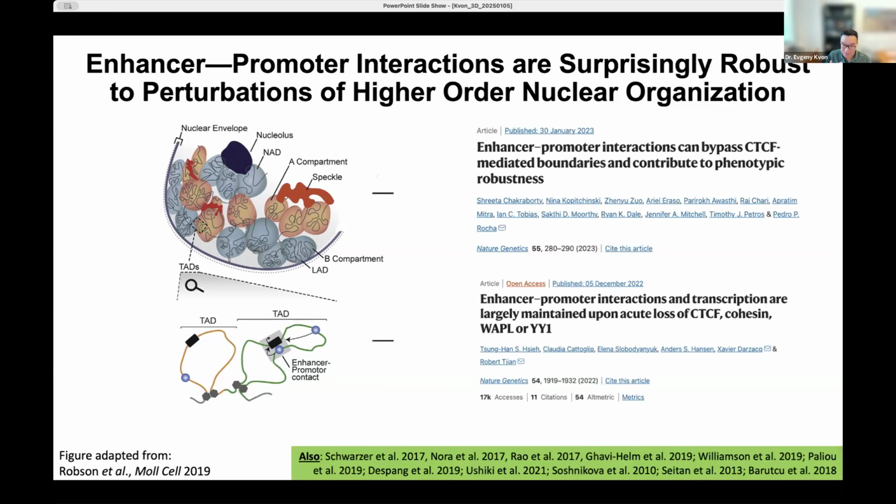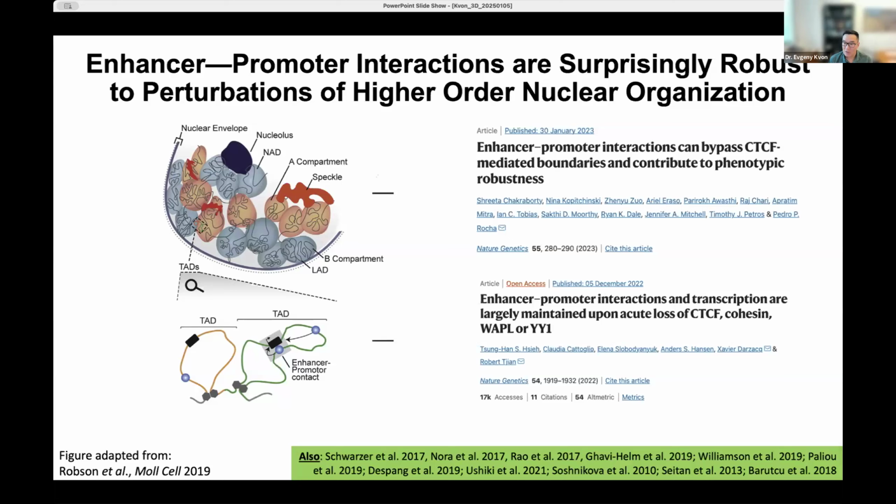But then there's also this maybe a little controversial work suggesting that if you transiently remove cohesin, CTCF, from cells, there are actually very little gene expression changes. And in fact, most of the enhancer-promoter interactions on a short time scale are maintained. And also, many enhancers can bypass CTCF boundaries. So which is also suggesting that enhancer-promoter interactions